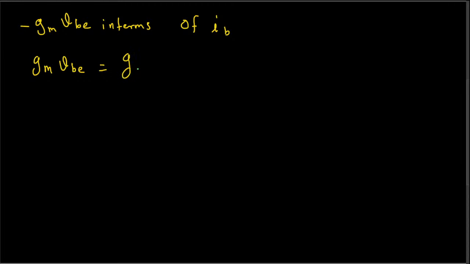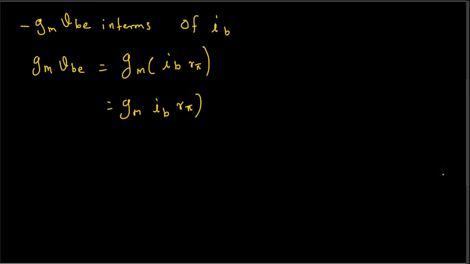I did it from scratch, you can watch the video. So VBE is equal to IB times R pi. Okay, so this is equal to gm times IB times R pi,